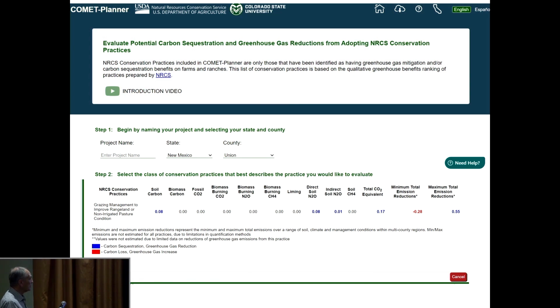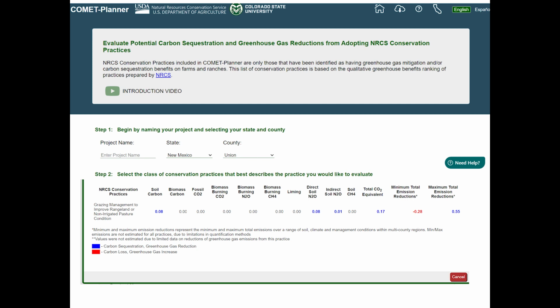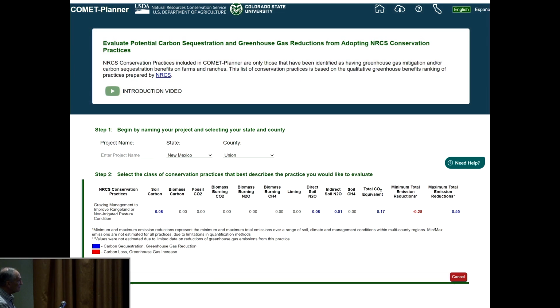The big boost here came from nitrous oxide. I don't know where they got that number. I don't know how you sequester nitrous oxide in a rangeland system. The important thing there is right here. That red number is the bottom limit of estimate. That blue number is the upper limit. That's too big a range. You cannot sell that. If you sell that, there's got to be a huge amount of risk management involved.